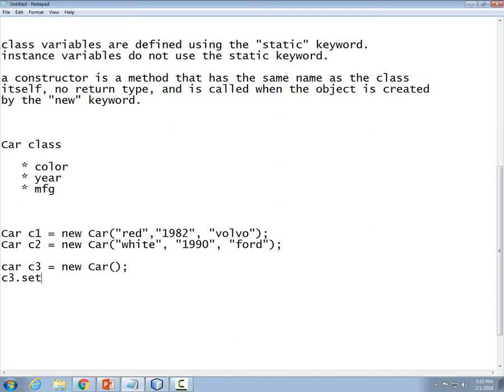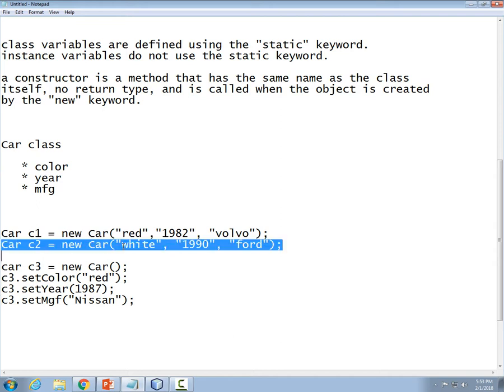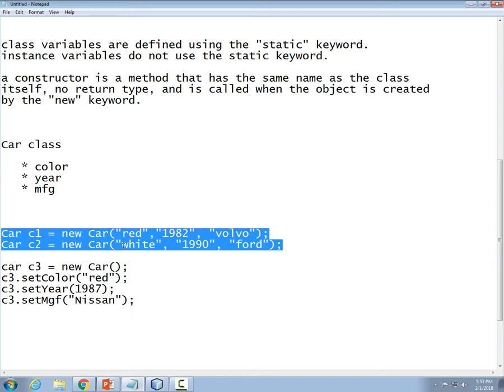C3.setColor to red. C3.setYear to 1987. C3.setManufacturer to Nissan. Right? If it's more convenient for you, the programmer, to be able to specify those values as